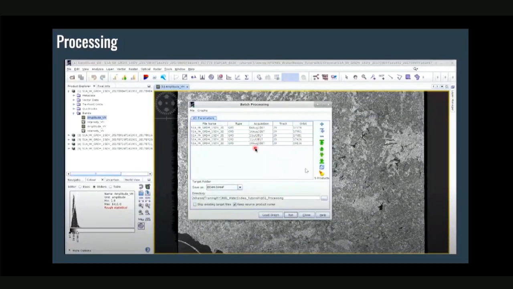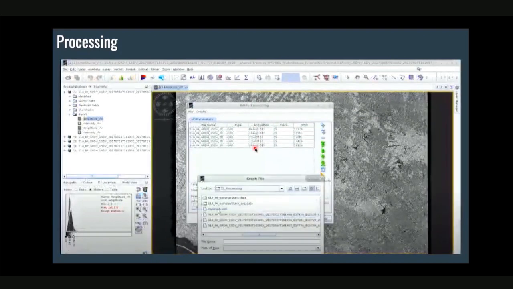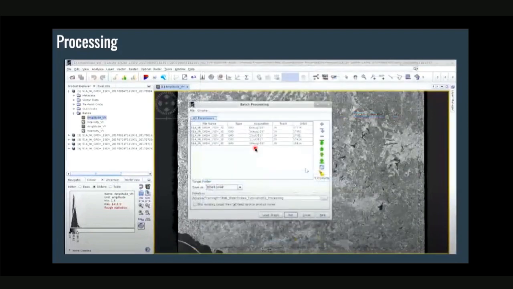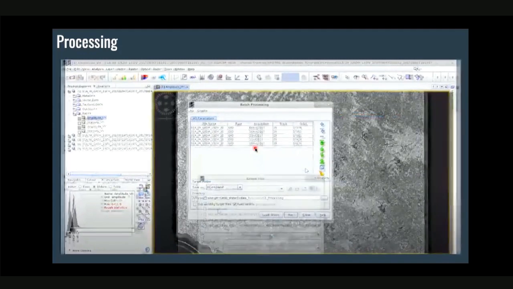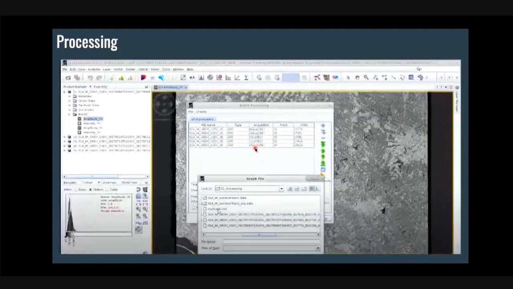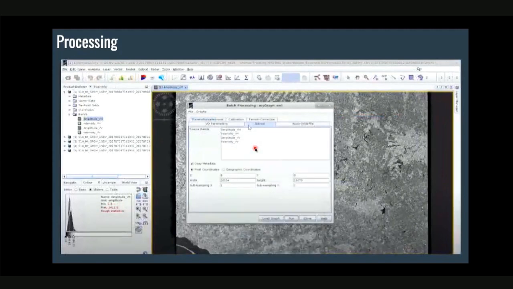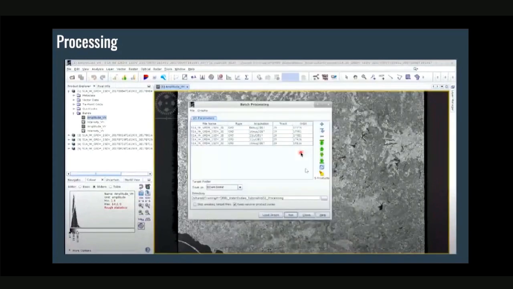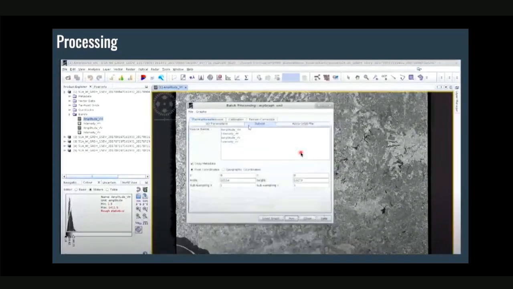Right. So once we've done this, we will save this product, and we will upload the graph that we have saved here. We have saved this graph so that we can upload it into the batch processing, and that will apply on all the products that are here. All right, then we will upload the graph from here, and then once we are done, we will start the other things like subset, apply the orbits, all the things that are written here. We will apply them now in this batch processing. So first is the subset,